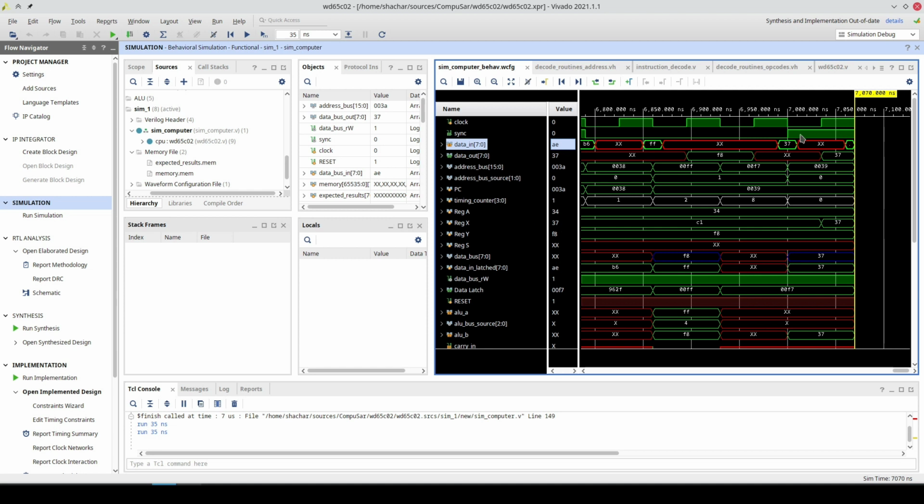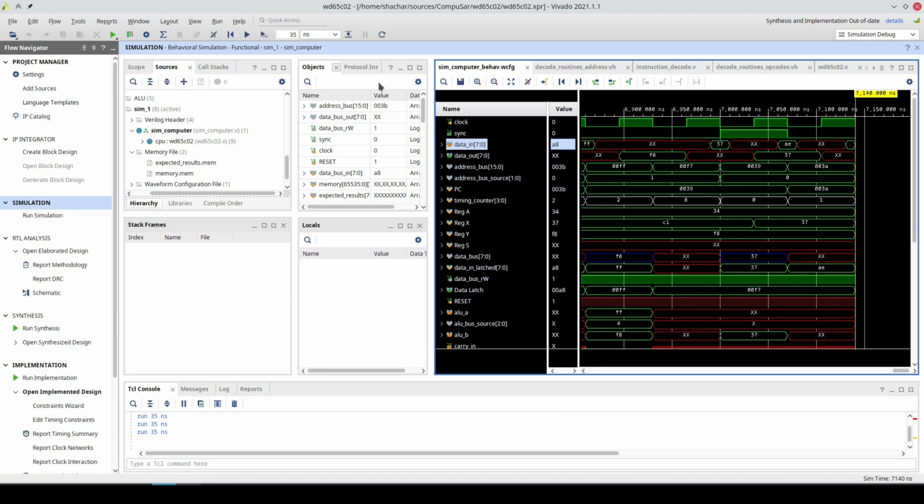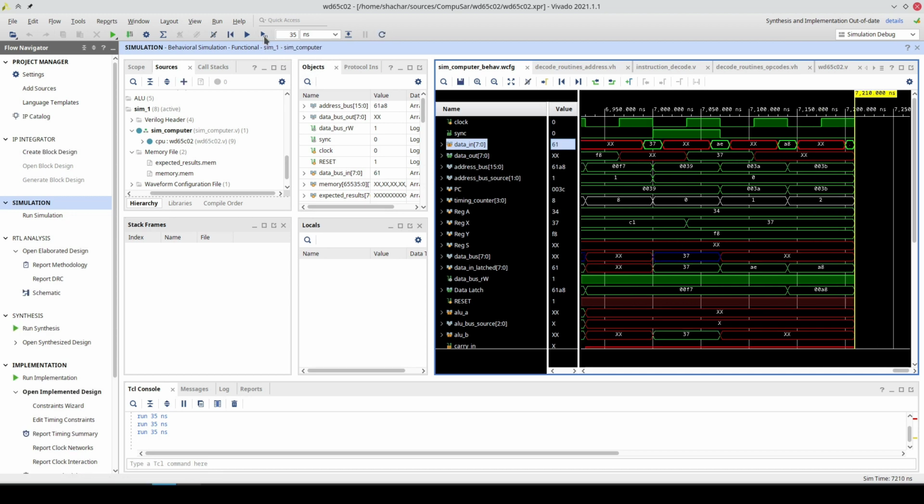So let's see. First cycle is the fetch. Second cycle, we read from 3A the value A8. And then we read from 3B the value 61. And now the moment of truth.